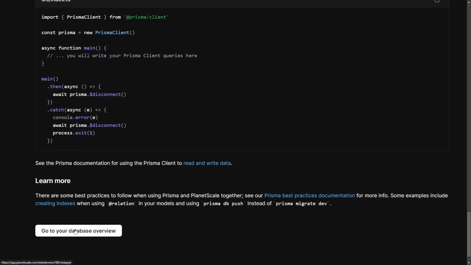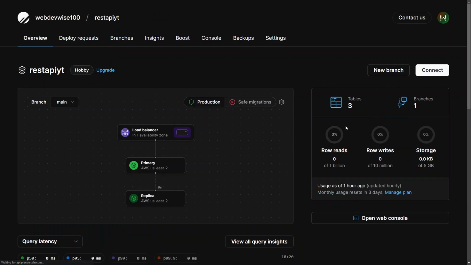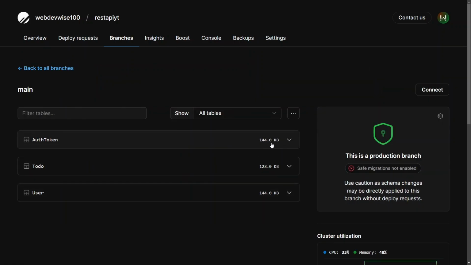And let's go to your database overview. On the right hand side of your PlanetScale dashboard, we should be able to see three tables. The first table is auth token, then to do, and users. We have created these three tables. Now let us understand how we connect our MySQL IDE running on our local machine to run the queries